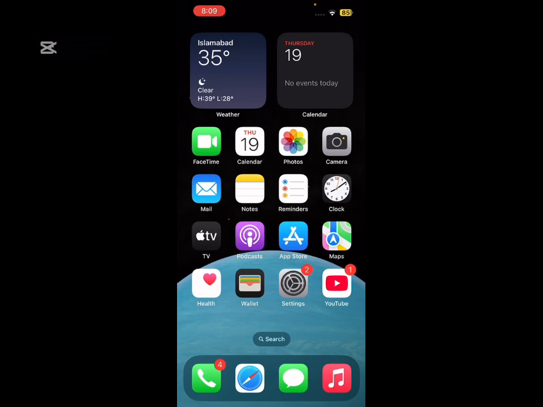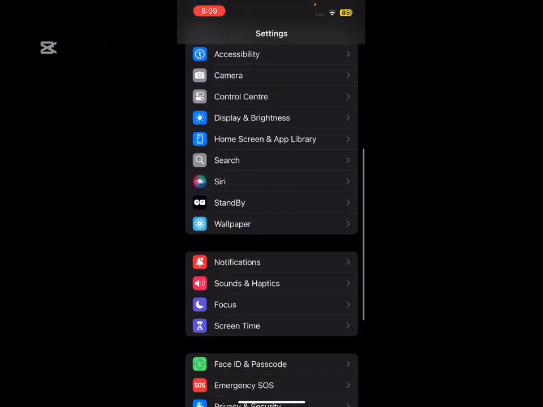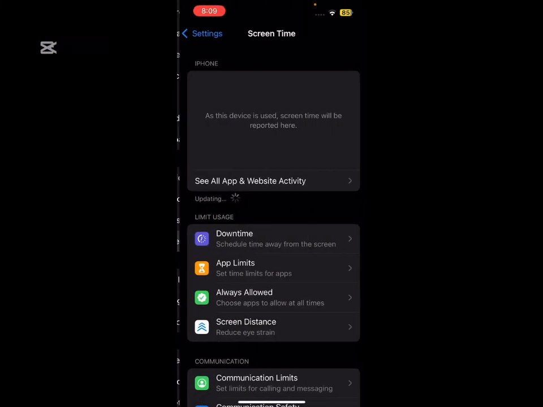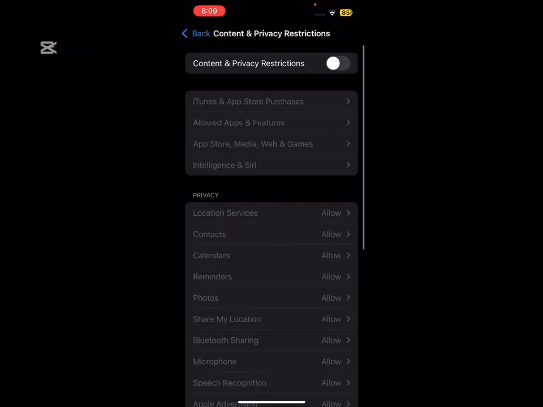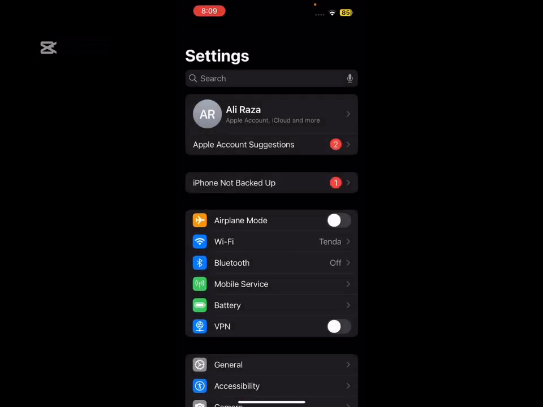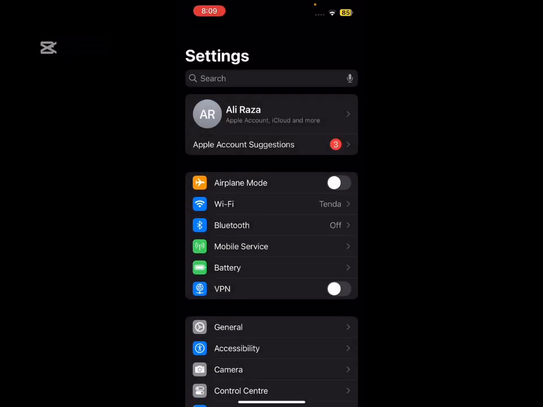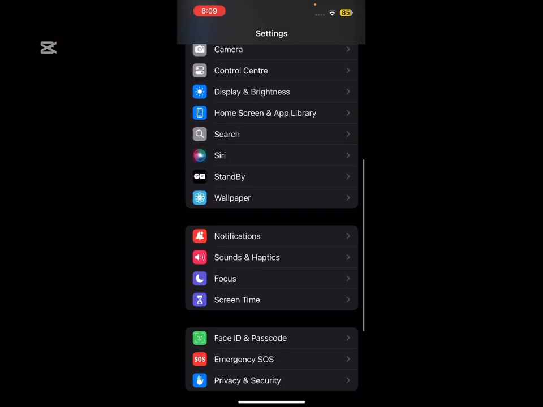So guys, first of all you have to simply open the settings, scroll down, and then tap on Screen Time. Scroll down and then tap on Content and Privacy Restrictions, and then turn off this toggle. Then close the settings, open Settings again, tap on your Apple account, and check if the problem is fixed or not. If you still have this problem, then you have to simply scroll down again, tap on